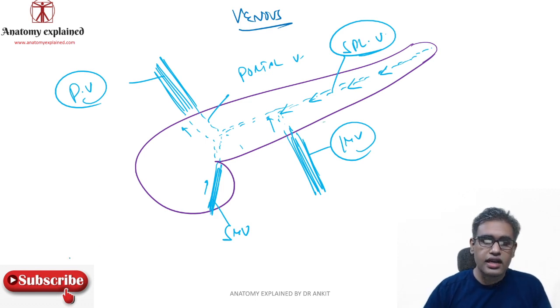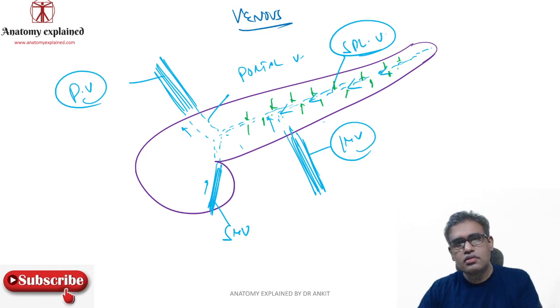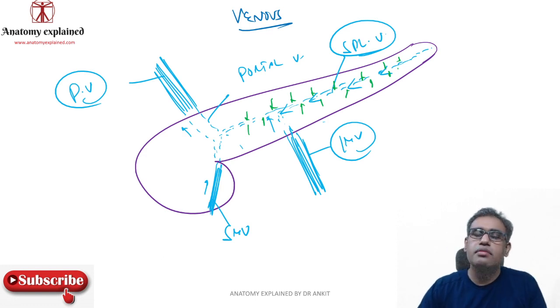So obviously, as we can make it take a different color over here, from this body and tail, whatever is in the pancreas, they will actually try to drain themselves into the splenic vein. Common sense. The splenic vein is running over there. So splenic artery is supplying the vascular supply, and the splenic vein is taking away the blood.